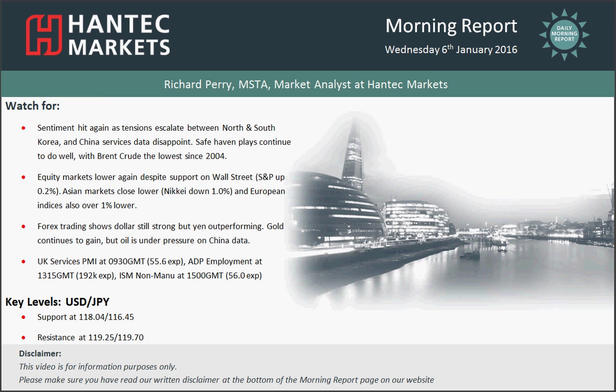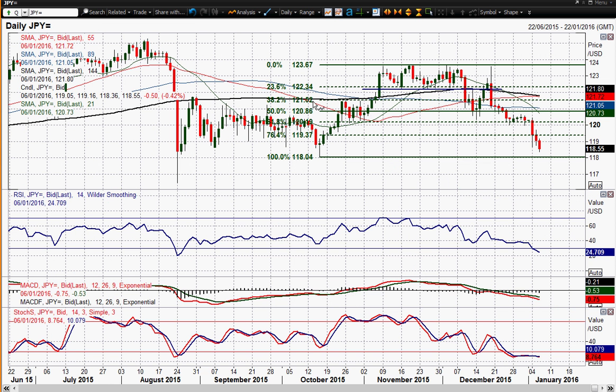Moving on to dollar yen, and we've still got the downside move. The shift into safe haven trading continues. Now, the momentum on this dollar yen chart is increasingly negative, and you'd argue you need to now decide whether this is an oversold chart or just a very, very strong downside move. I think it's sort of